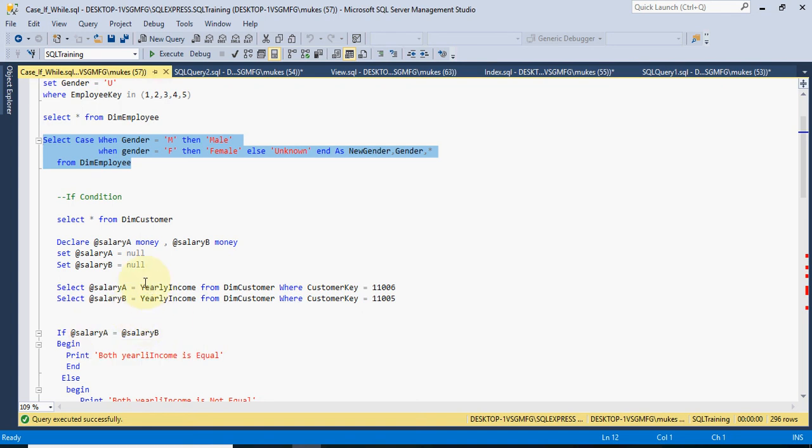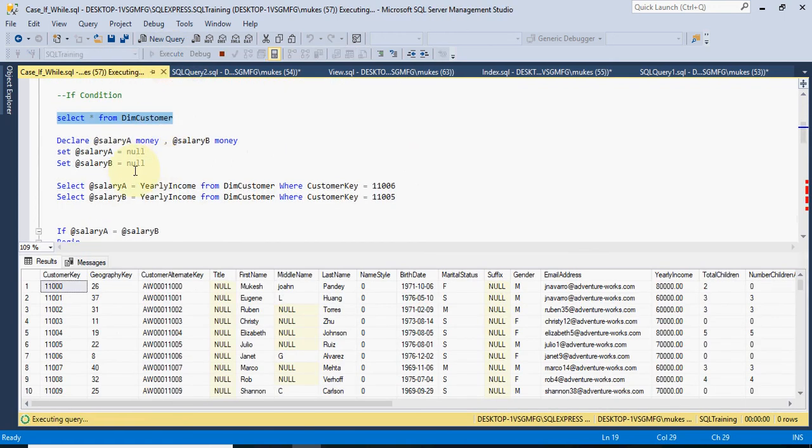Now, if you are checking a condition and proceeding to the next query or statement, we can use the if condition. Suppose you want to check if the table has the salary or employee values this and this, then we can update. Suppose you have a requirement to check whether the salary of any employee, whatever variable is passed, is equal, then we can print the value.